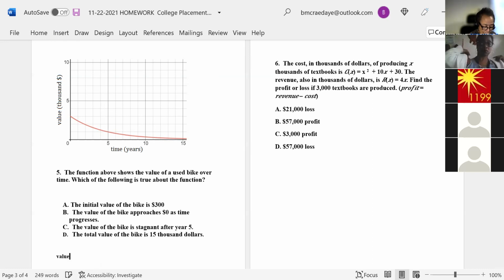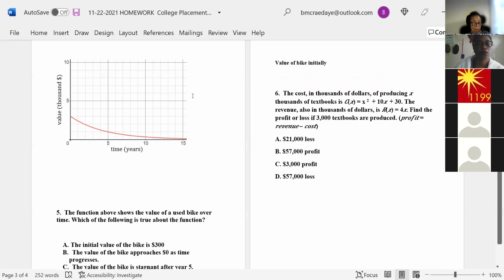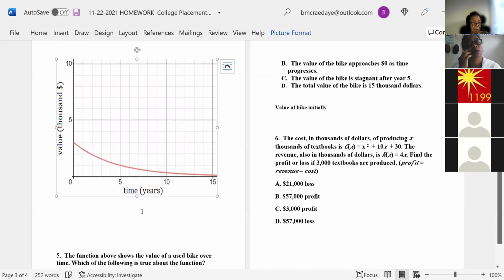Let me see, value, time. Okay. Miss Barbara, could you expand it a little more? Oh, the graph? Yes, the graph. Okay. Let's make it bigger. Here's the graph. I'll make it bigger. There we go. Okay, great. Now you see the graph.